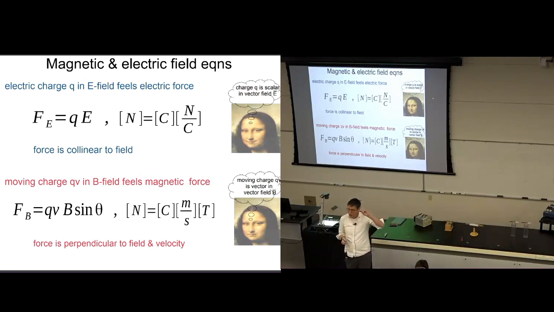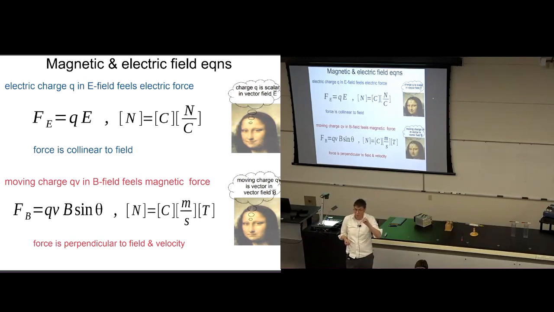It has a direction. So QV, the property of nature that experiences magnetic forces, has a direction associated with it. And so in this field equation, you've got one quantity, the property of nature that has a direction, multiplied by another quantity, the field, that also has a direction. The magnetic field has a direction. The sine theta is the sine of the angle between those two directions. So the sine theta is in the magnetic field equation, not in the electric field equation, because in the electric field